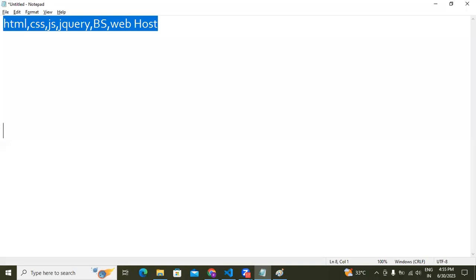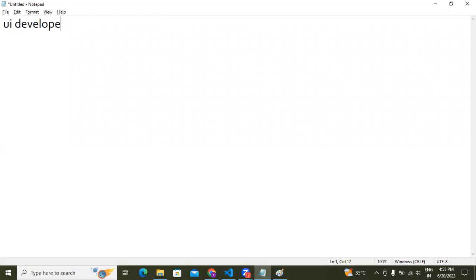If you know any library or framework along with this, you are going to work as a UI developer. In our front end, we have to add one more thing: either a framework or a library. At that time, your designation is UI developer. Now we are going to discuss step by step. Up to now we have done the designing part. Next we'll go with